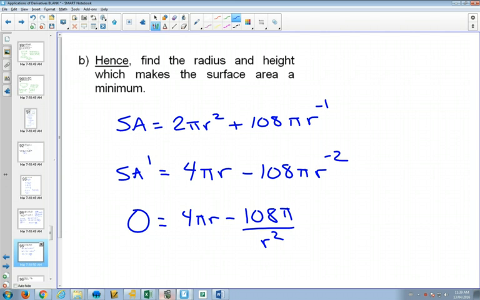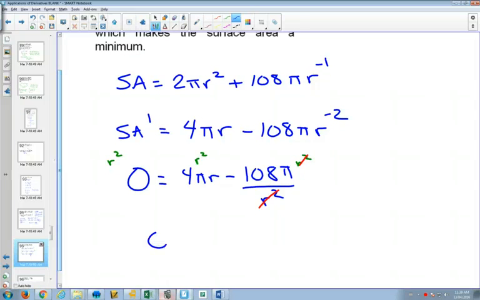If we multiplied both sides by r squared, do you see that that would get rid of the fraction? Now, normally, if you get rid of fractions in a rational equation, that makes your life a little bit easier. When I multiply the left side by r squared, I'm still going to get 0. When I multiply the right side by r squared, it would get distributed, right? And it would multiply each term. So now those r squareds here would cancel. And we now have 0 equals 4 pi r cubed